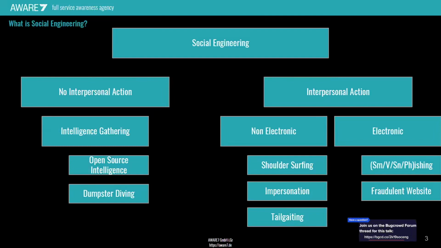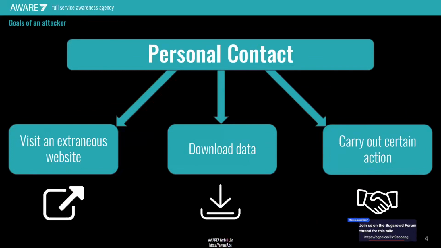Further, we always try to gather information about our victim beforehand, and this is from my point of view where social engineering is either successful or unsuccessful, how well we are prepared about our potential victim. Because if we have personal contact with them, it's easier for us to actually get the victim to do something that we want them to do.